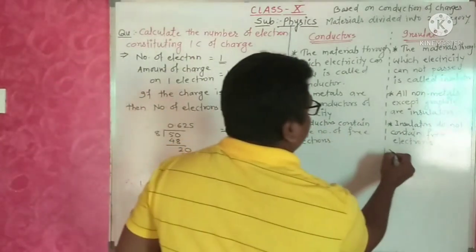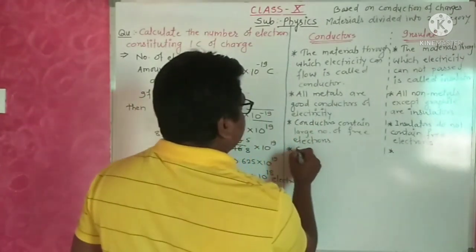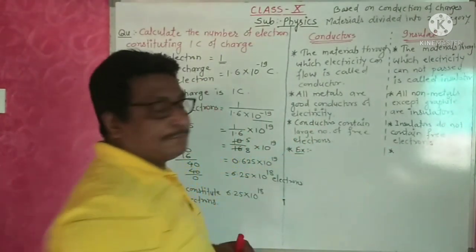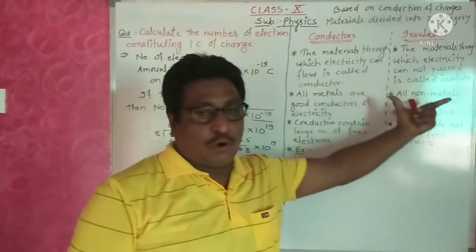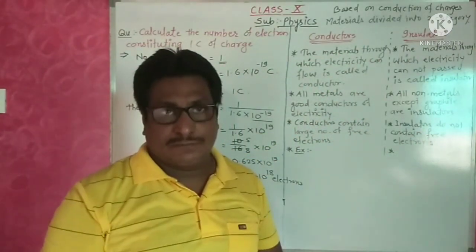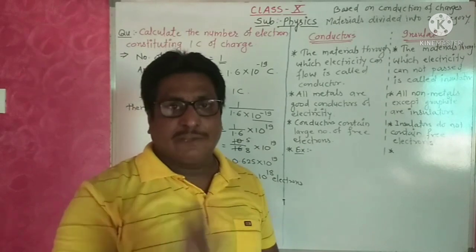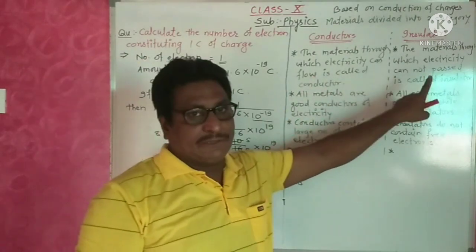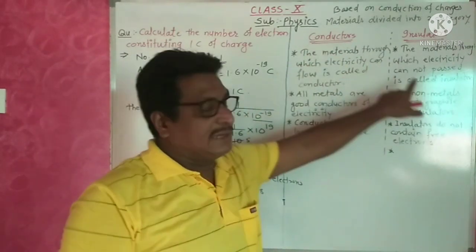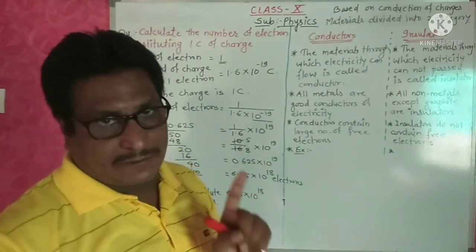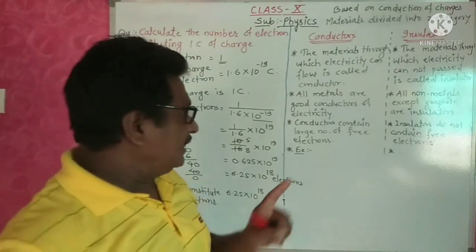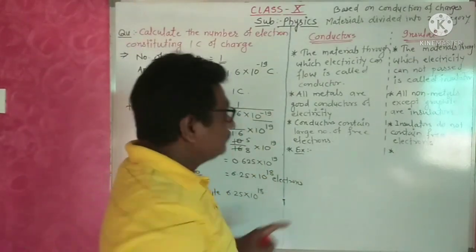And the last point, the fourth point, is example. While writing the difference between, always we have to write the difference in 2 columns, not one below the other. Always keep in mind while writing the difference between, we have to write the difference in this way only. Otherwise you will not get the mark.